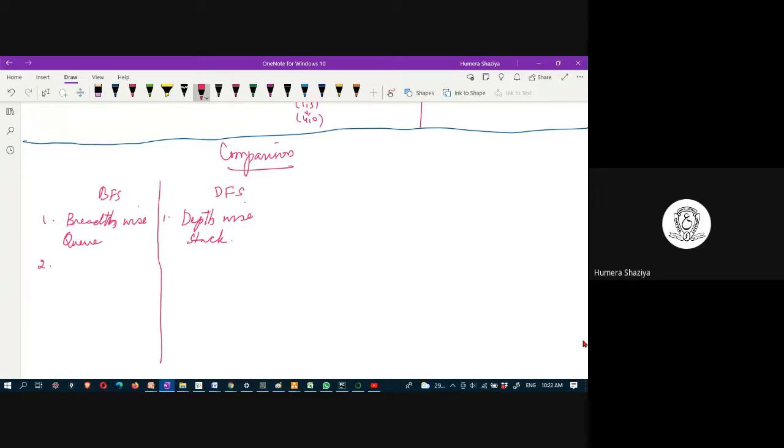Let me clarify this. BFS requires more memory because it is exploring in a breadth-wise manner, and if there are many nodes, if there is exponential growth, it requires more memory. DFS requires relatively less memory because it is going only in one direction. It is not expanding everything. BFS expands everything, and BFS is superior